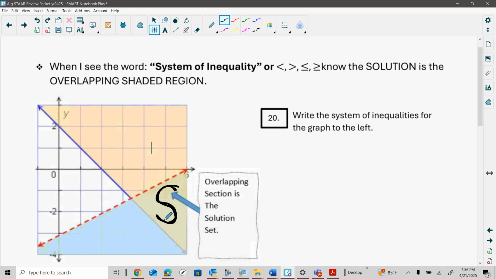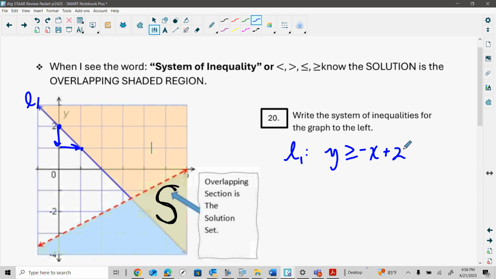The first thing is we want to be able to write the equation for each line. So this solid blue line, or your solid line, I'm going to make that L1. To write the equation for L1, I first want to see where the shading is. The shading is above that line, so that's going to be greater than. Then I look at the type of line. It's solid, so it's greater than or equal to. Now I want to find the y-intercept. Right here it is at 2, and I want to find the slope. If I go to the next point, it's down 1, to the right 1. I can see this is a slope of -1. So this is -x